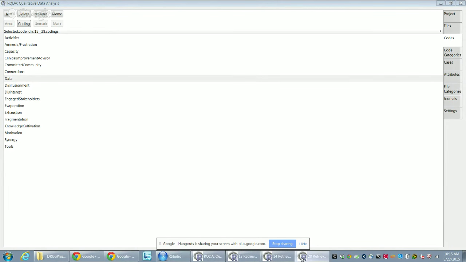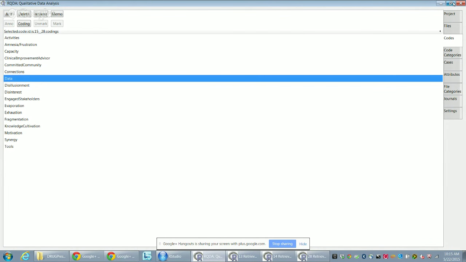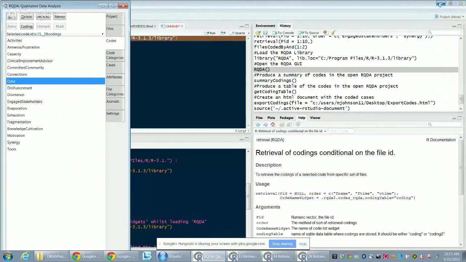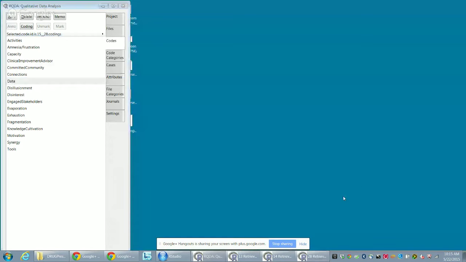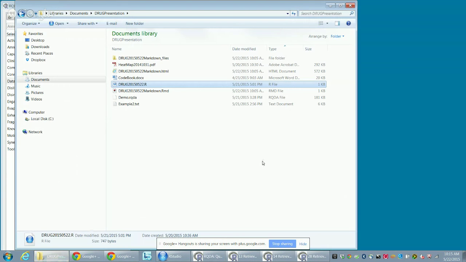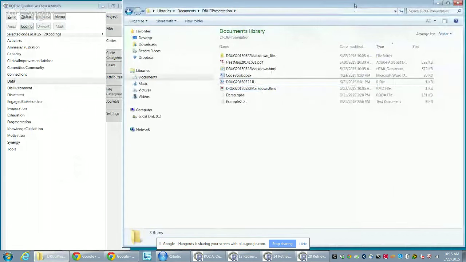I'm having some issues with this not opening, and I don't understand why. I think it may have something to do with the screen share. I'm not sure. Don't know why it's doing that. But just to give you an idea of what we were doing,